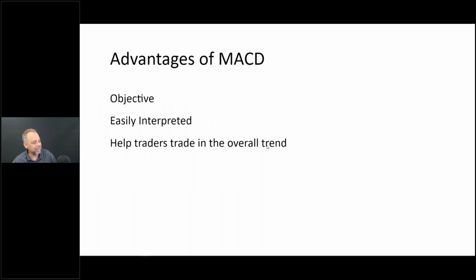In any case, there are some things that I like to talk about with MACD. The reason I talk about MACD in general is I find a lot of people use it, but they don't know how it's constructed. They don't really understand the mentality behind it. The other reason I like to talk about it is because it's very, very popular. People really like the MACD indicator. So there are some advantages to the MACD. It's objective, so we're never going to be making guesses here. It's either bullish or it's not, or bearish. It's either given a signal or it's not. It's not anything subjective in any case. It's pretty easy.